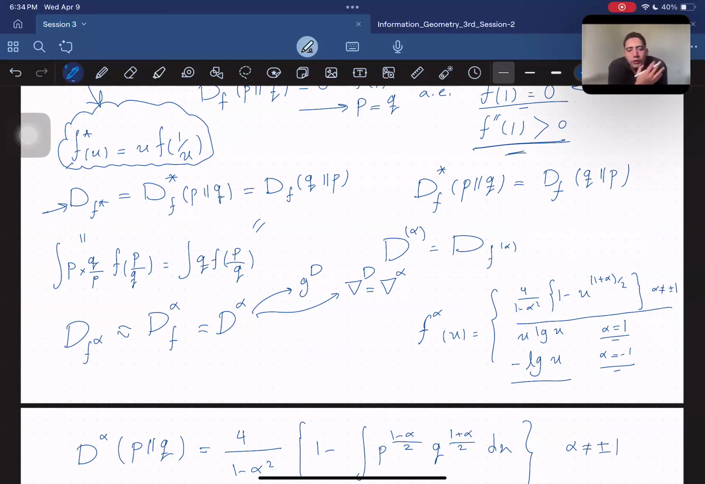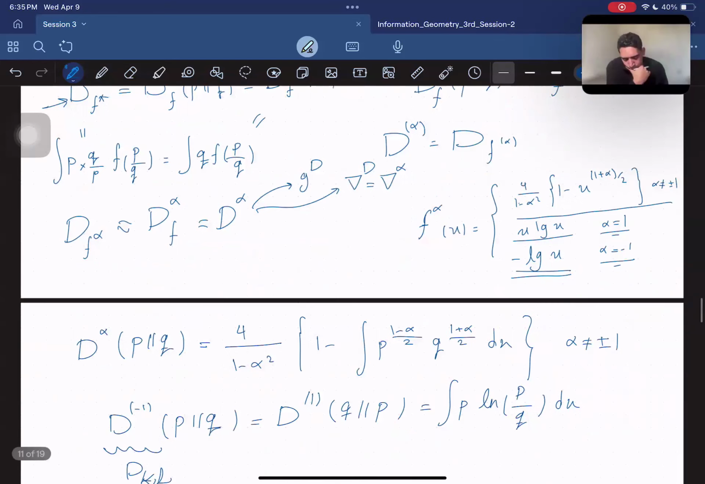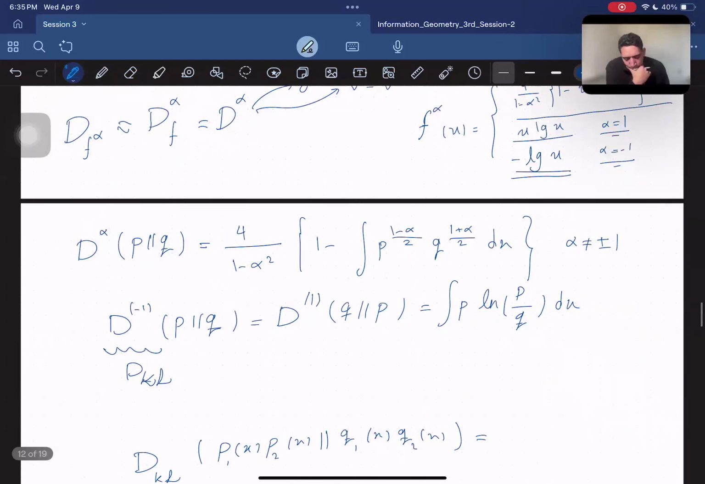So we started from divergence, we started from functions, and we ended up with the same connections. And again, if you take a look at this and this, they are related with respect to the dual formula of functions. Okay. And also we,